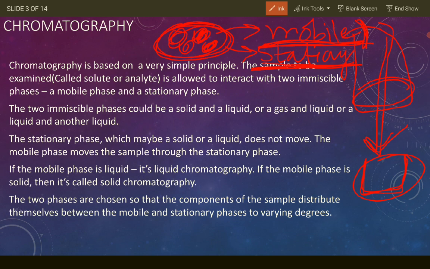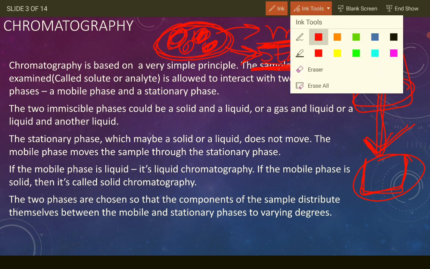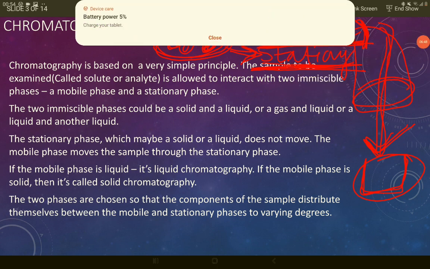It will move because the molecules are more soluble in the mobile phase, and the mobile phase moves. So those molecules of the mixture which are more soluble in the mobile phase will move out first, and we will get them eluted out first from the column. While on the other hand, those molecules which are more soluble in the stationary phase